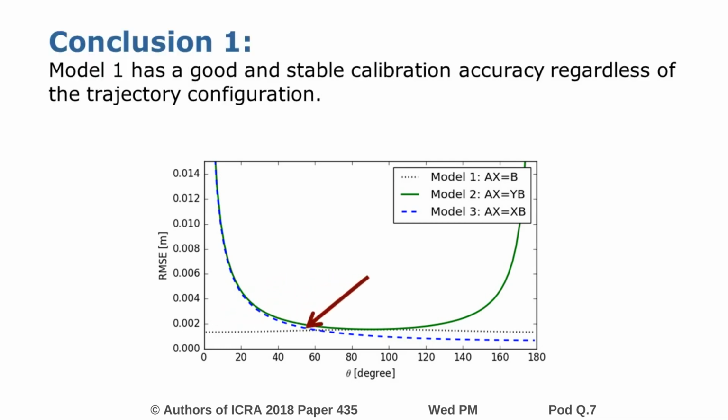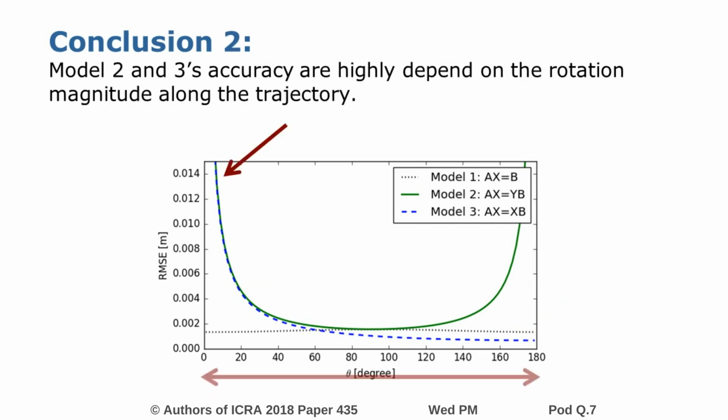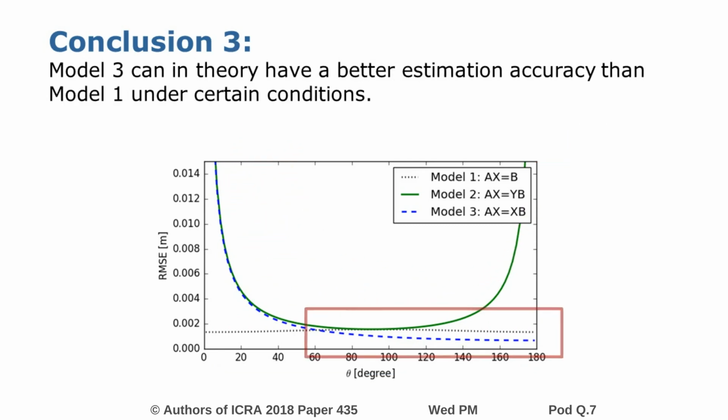Firstly, Model 1 has a good and stable calibration accuracy, regardless of the trajectory configuration, so use it if possible. Secondly, the accuracy of Model 2 and 3 are highly dependent on the rotation magnitude along the sensor trajectory. Lastly, to our surprise, Model 3 can, in theory, have a better accuracy than Model 1 if the rotation magnitude